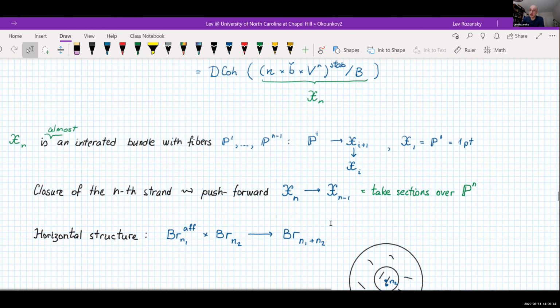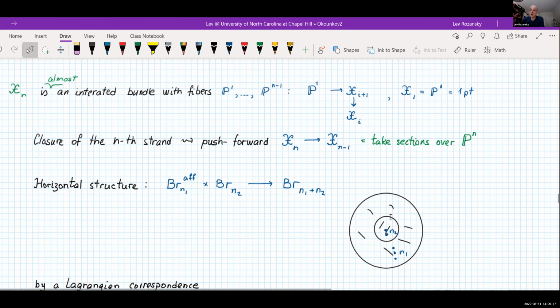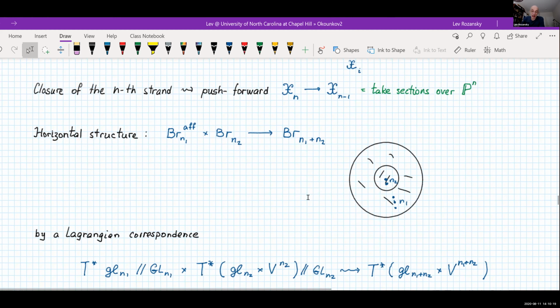See that closing that extra strand means pushing along that last fiber, and use the fact that there is a desert. So you don't need to know the complexes because those spaces will have no sections. Okay, so we have horizontal structure here, similar to affine braids. We can put an ordinary braid inside an affine braid and get a bigger ordinary braid, which is done again by